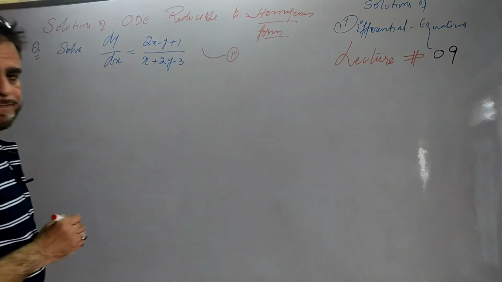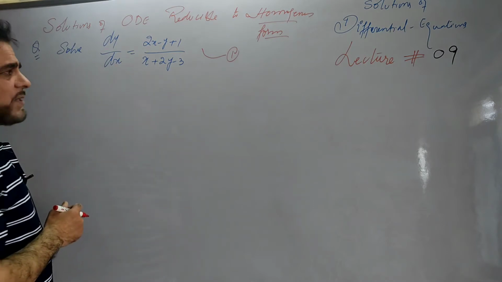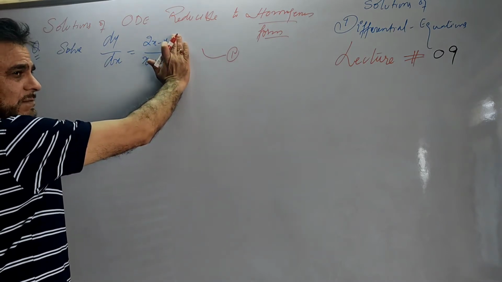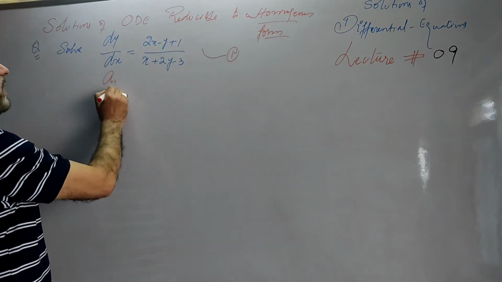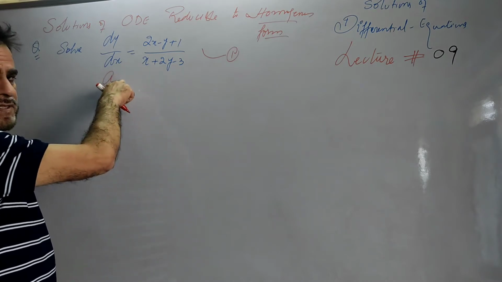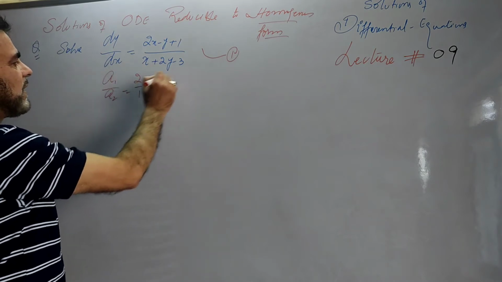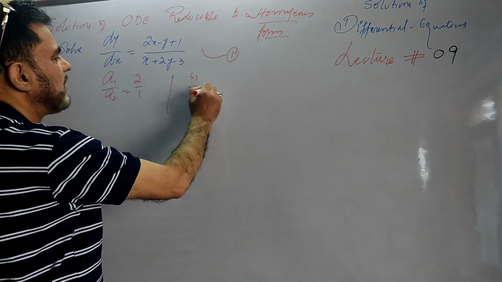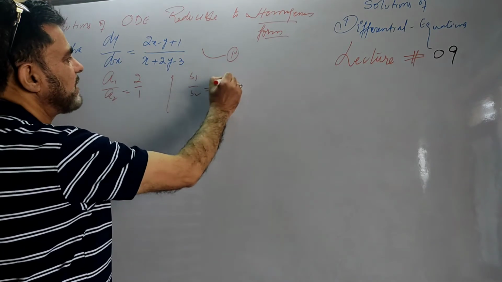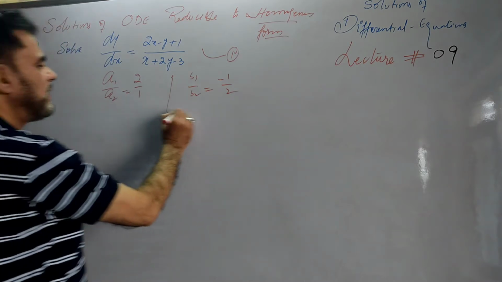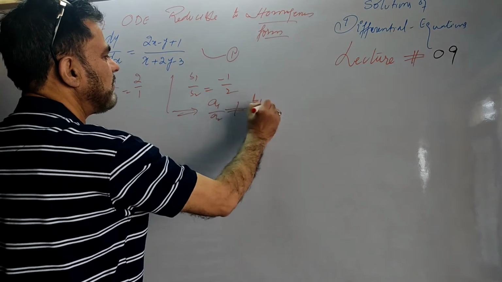Let me name this first. You know how we proceed here. It is a first order differential equation. If this constant had not been here, then this was homogeneous. Now we see what a1 by a2 is. a1 is the coefficient of x in the numerator, a2 is the coefficient of x in the denominator, that is 2 by 1. And what is b1 by b2? It is the coefficient of y in the numerator over the coefficient of y in the denominator, that is minus 1 by 2. You have observed that a1 by a2 is not equal to b1 by b2.